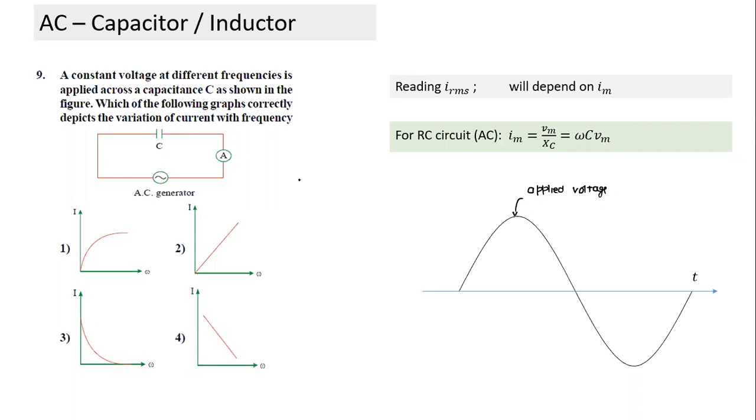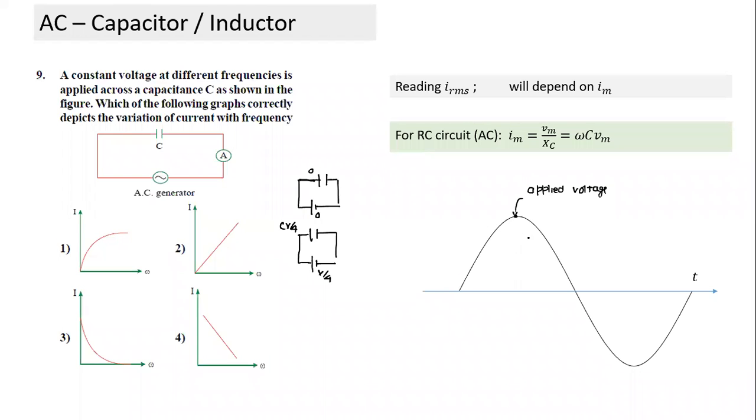See what we understand, I can just give you a hint also. If this is a capacitor, let's say there's a battery connected. When the battery has voltage 0, what will be the charge on the capacitor? 0. When the battery has a voltage of V by 4, what will be the charge on the capacitor? CV by 4. If there's no resistance, whatever the potential, exactly the same potential will be there across the capacitor. Hence, charge also keeps on changing. So when the applied voltage has become maximum, the charge also has become maximum here. So this charge will vary in the same shape as the voltage. Are you okay?